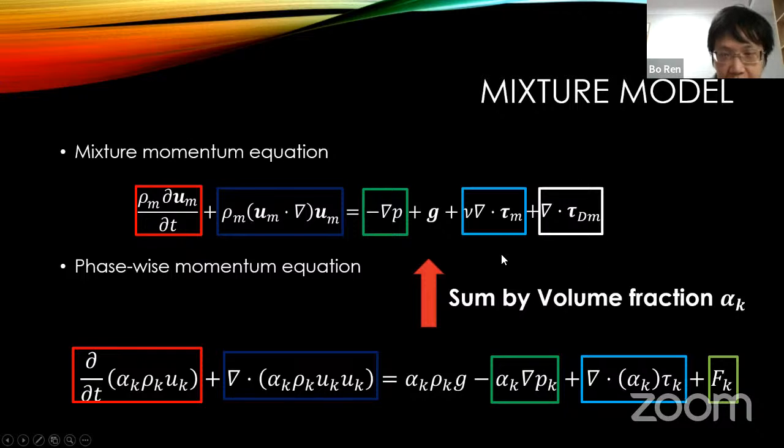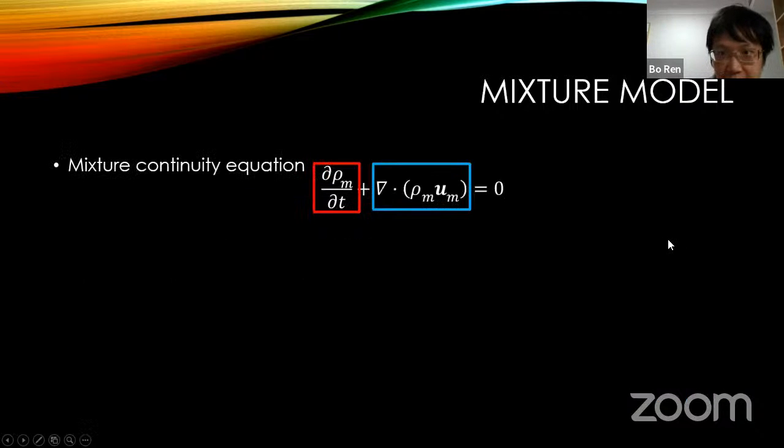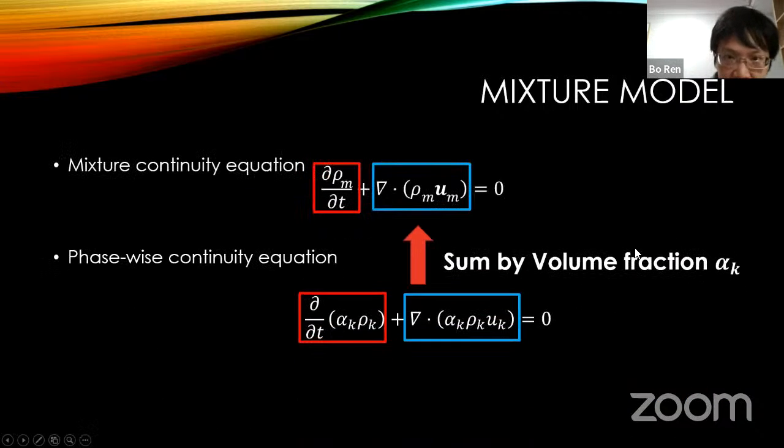These terms in phase-wise equations will sum up to be the corresponding terms in the mixed model equations, and a similar summation applies to the continuity equation, which is very similar to the single phase one,